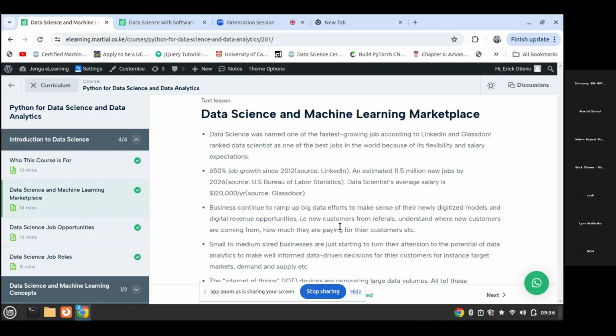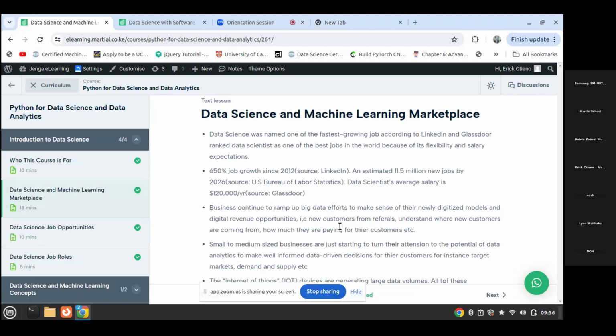And we are also estimating to have 11.5 million jobs by 2026. So we are talking about remote jobs from all over the world. This source was from the US Bureau of Labor Statistics. And also, according to Glassdoor, most of the data scientists' salaries start from $120,000 a year. That is according to Glassdoor.